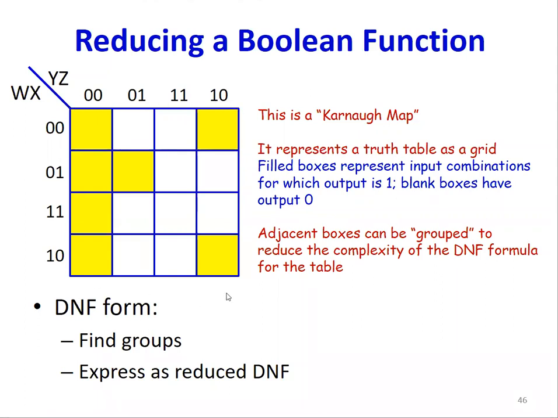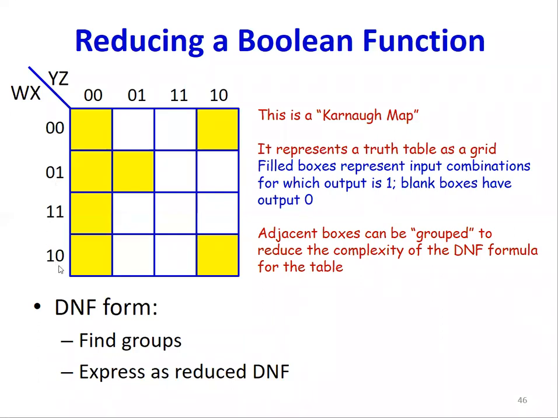Now, a Karnaugh Map is a topological way of representing input patterns. So this is a truth table, actually. This is a truth table over 4 variables, W, X, Y, and Z. The columns of the truth table represent YZ patterns 0 0, 0 1, 1 1, and 1 0. Observe that if you look at any two adjacent columns, they differ in only one bit. In principle, this last column is rolling around and touching the first column because these two also differ in only one bit. The 4 rows represent the 4 combinations of WX: 0 0, 0 1, 1 1, and 1 0.